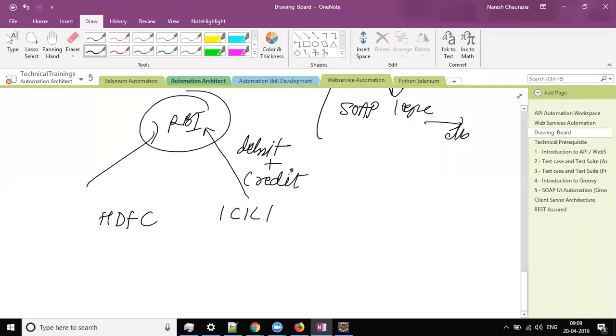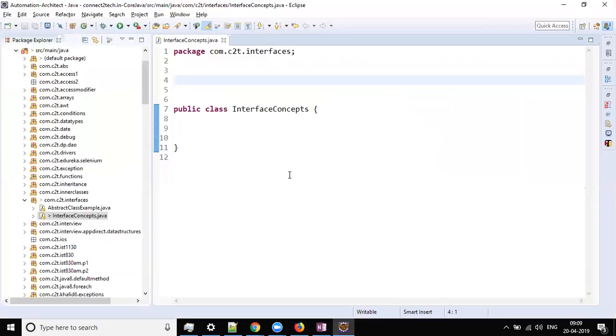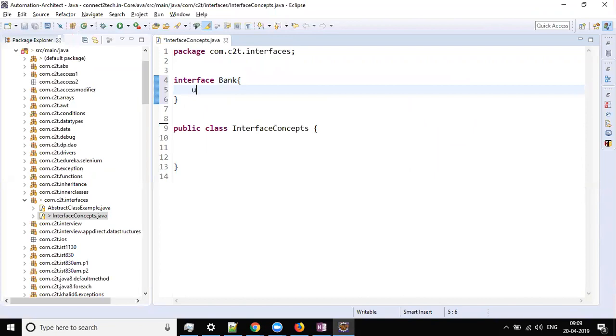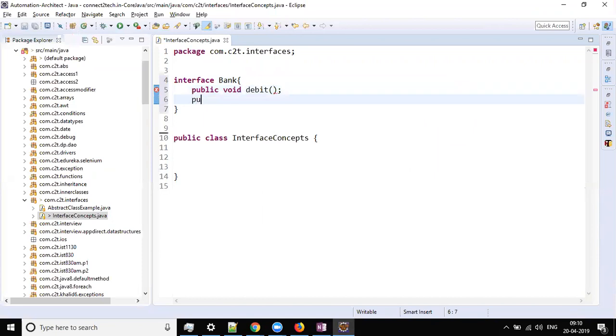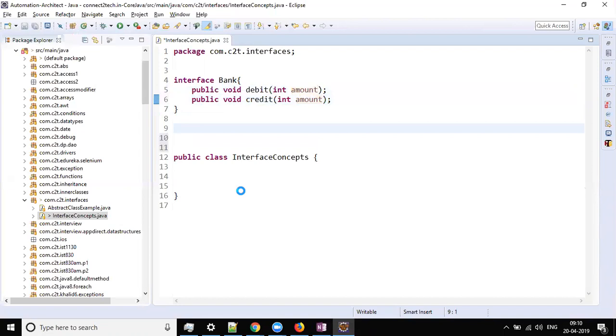Now, in terms of a programming language, you create an interface. The name of the interface is Bank, open bracket, close bracket, and you give a method called debit. I'll make it public void debit, and then public void credit. The debit amount I can give if I want, how much amount you want. Now suppose Sandeep opens an HDFC bank, so he'll create a class HDFC